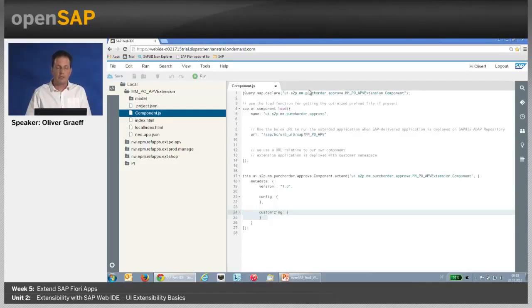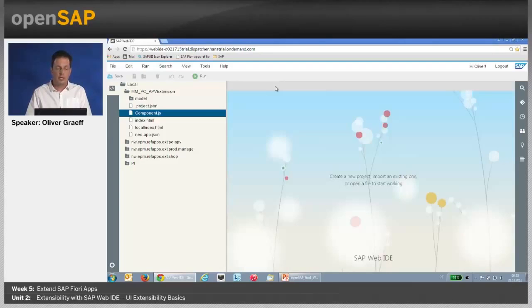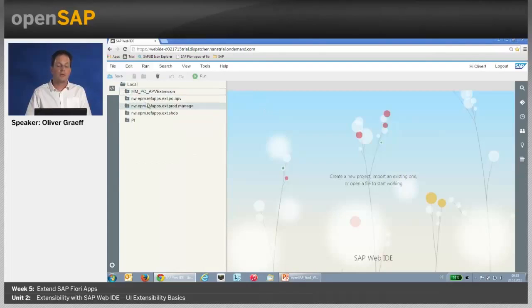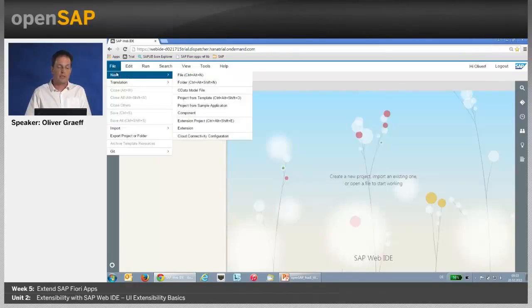So this is an example with a remote parent application, and for the sake of simplicity here in this course we're going to use the sample apps. So this purchase order approval app will play the role of my standard app. The steps are basically the same. With new extension project,